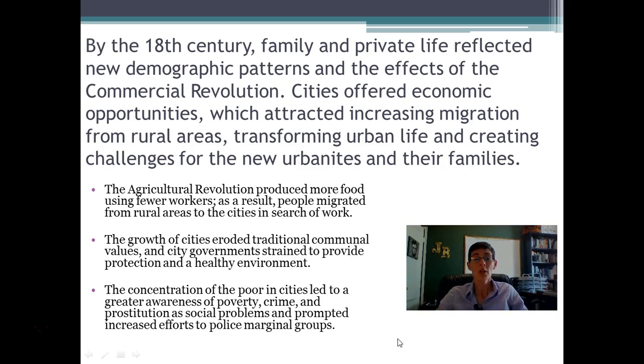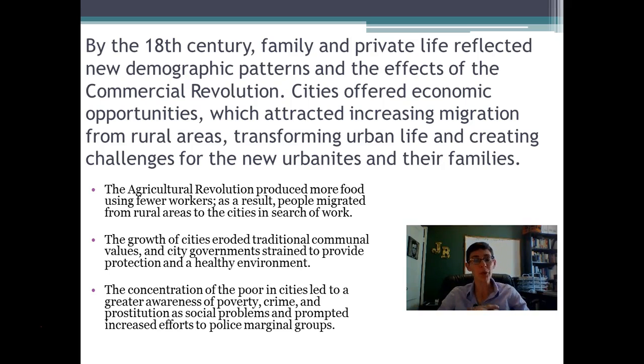All right, so we also have, coming back to the agricultural revolution over here, produce more food using fewer workers. So people migrated from rural areas to cities in search of work. So now we're starting to move into the industrial revolution at this point, which all those people who needed additional work, the factories provided that. So there was an eager and a willing and able labor force ready for factories to use and abuse in many cases, but that's for another video.